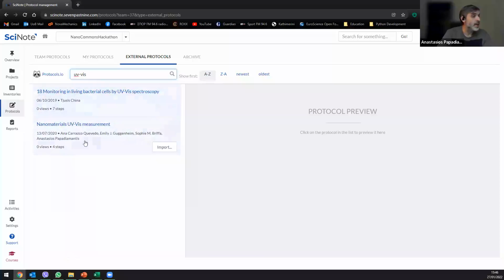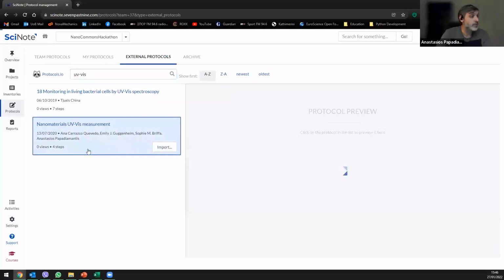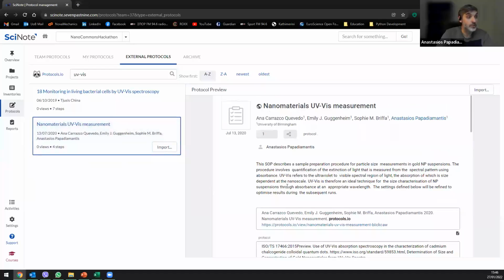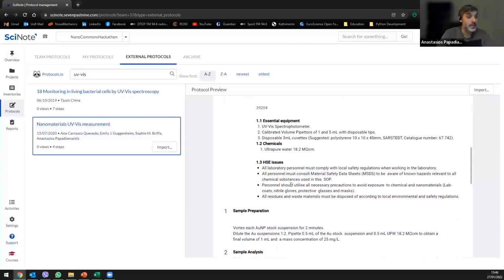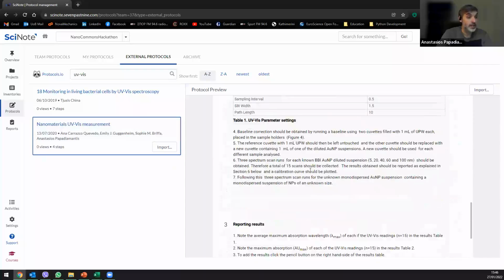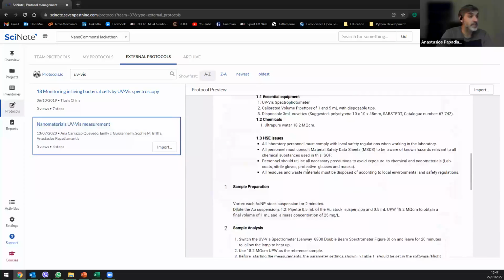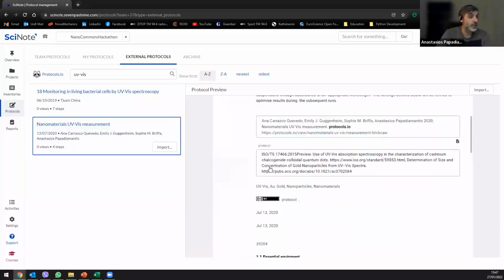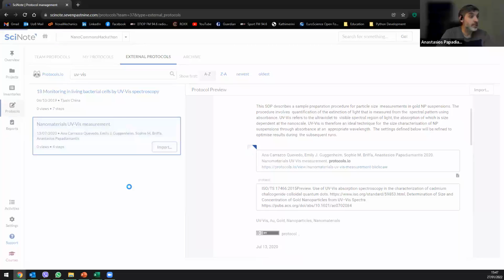We see that we have two sheets. One has 7 steps, and the other is the nanomaterials UVVis measurements. It's a protocol that has been worked on at the University of Birmingham. So we pick that one. It has a preview of the protocol, as you can see, etc. A lot of information, the different steps. We can import that as well. And if we click import,